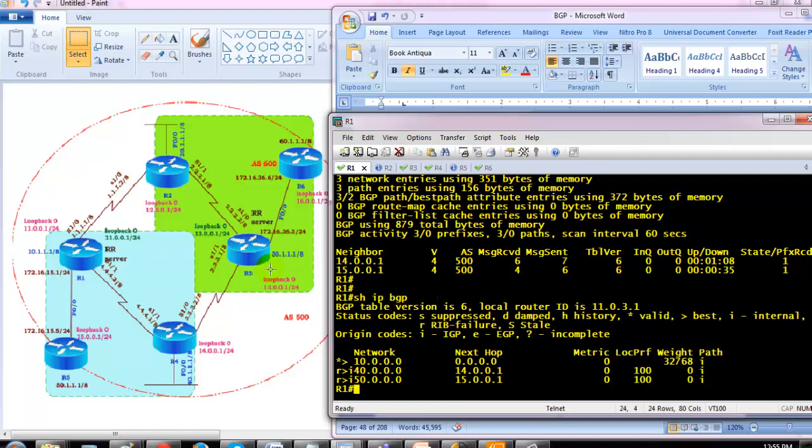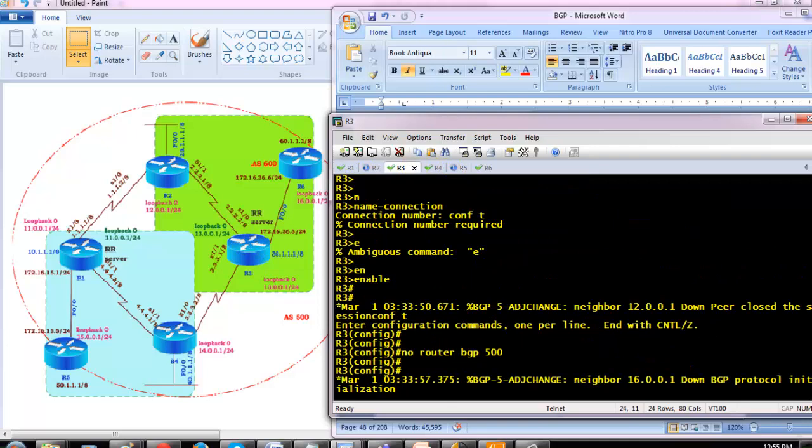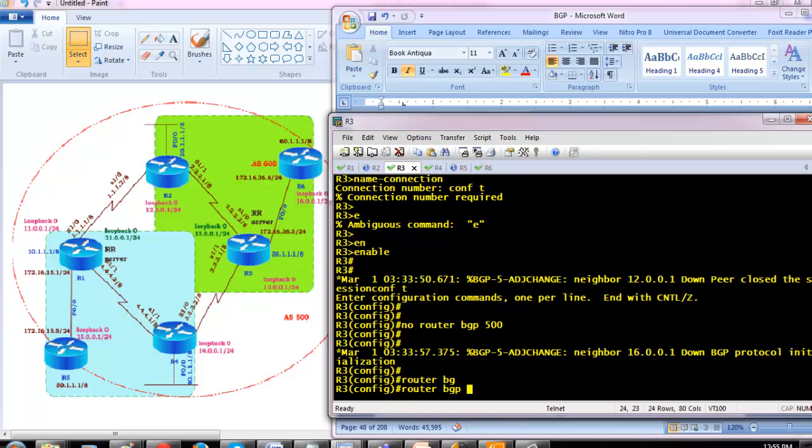Now the same thing I need to do on the other cluster, where router 3 is the server. Let's configure it in a similar way.